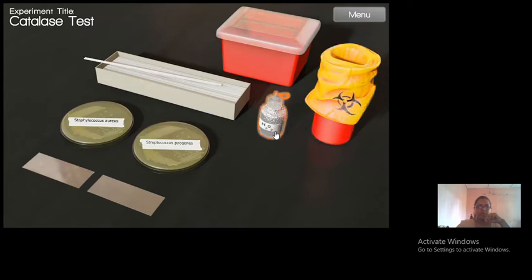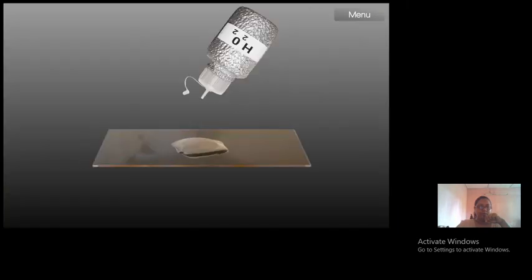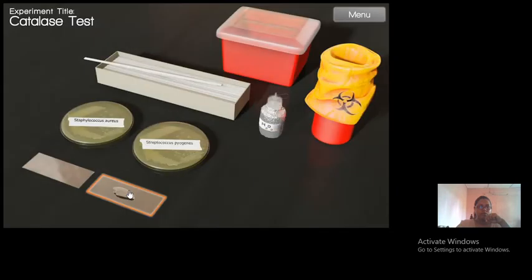Here we have the hydrogen peroxide or catalase reagent. We have test organisms. We have taken Staphylococcus aureus and Streptococcus pyogenes, and some plastic applicator sticks. You can use wooden applicator sticks also. So let's start the test. First we have to take the catalase reagent or H2O2 on the glass slide. So I'm going to click here, and yeah. So I have taken one drop of the H2O2 on the glass slide.